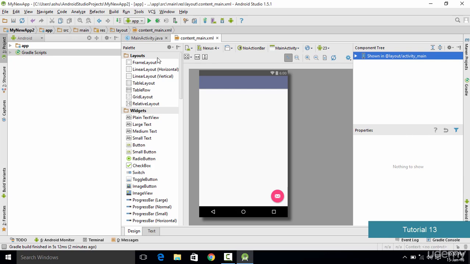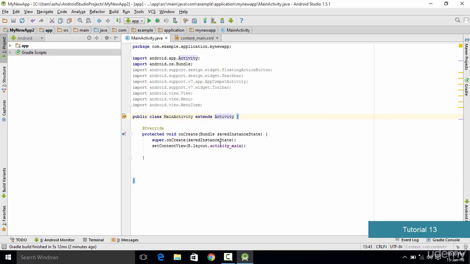Now once everything is deleted and cleared, the next thing which we need to do is we need to go into this main activity.java file, and we need to start writing the Java code for designing our interface. So before designing the interface, the thing which we need to do is that we need to use a certain layout so that the elements are placed in the screen in that manner. So in this case we'll be using relative layout.